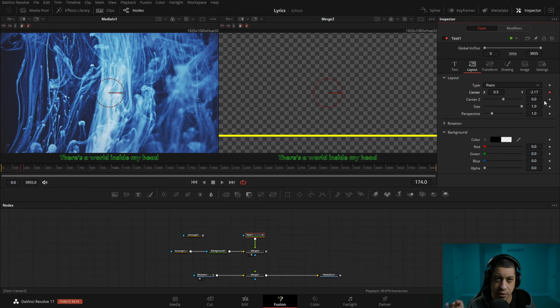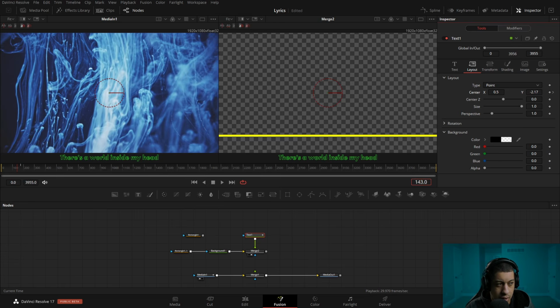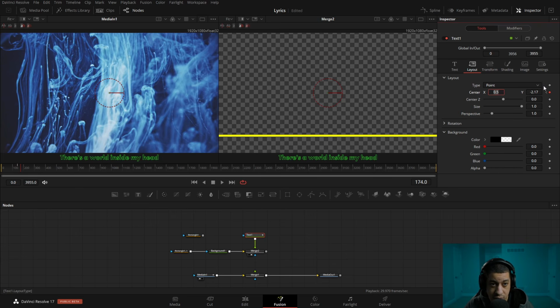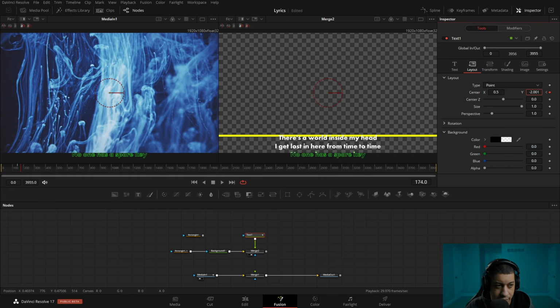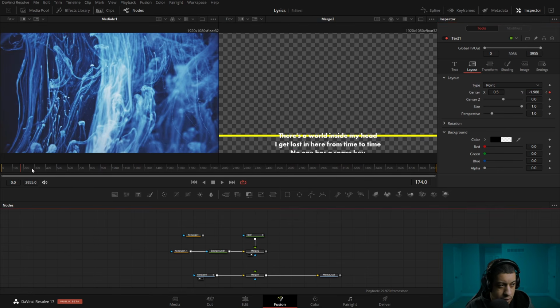This first keyframe is going to be the keyframe that should be displaying, but we need to go back a little bit to add another keyframe so we have that animation of it coming in. So this is all going to depend on what you think is far enough in a time period for the animation. But I'm going to click here, go back to the one that's supposed to be displaying the lyrics, and now bring it up so we can get that first lyric right in the middle. So like right there. So now if I listen to this,